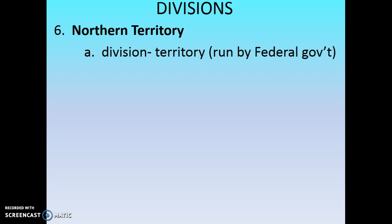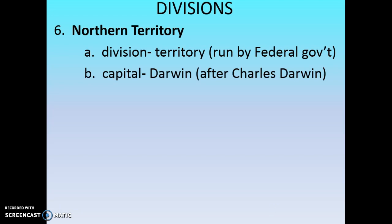All right, the Northern Territory. It's a territory because it does not have an independent government or a state capital. It's run by the federal government in Canberra. The capital is Darwin, but again, it's not really a capital where the government takes place because that's all done in the federal capital of Australia in Canberra. It's named after Charles Darwin, who did a lot of things